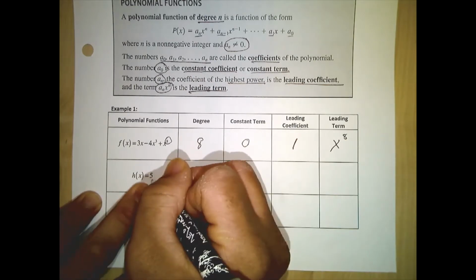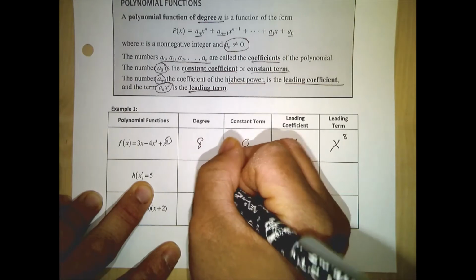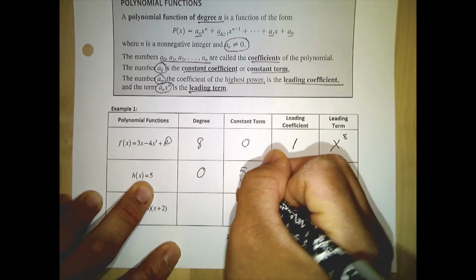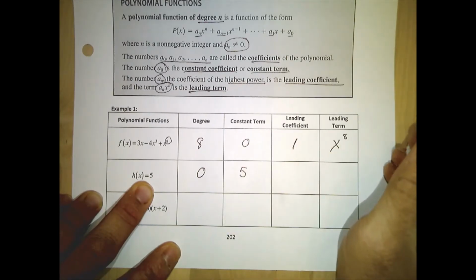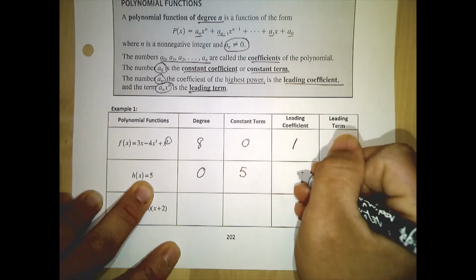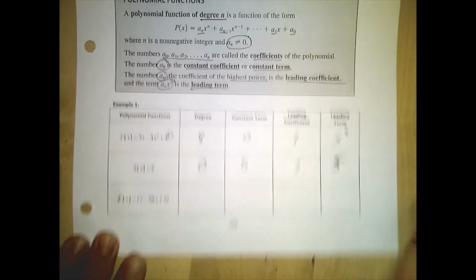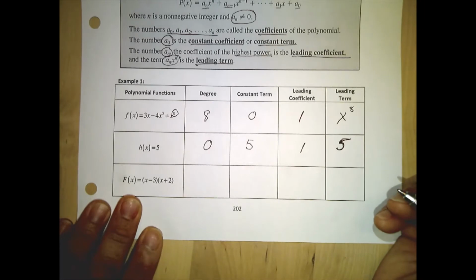This here is a constant function, so the degree is 0, the constant term is 5, the leading coefficient, well, this is actually a tricky one because it's 5, and the leading term is 5 because there's only one term here, the constant term. All right, so